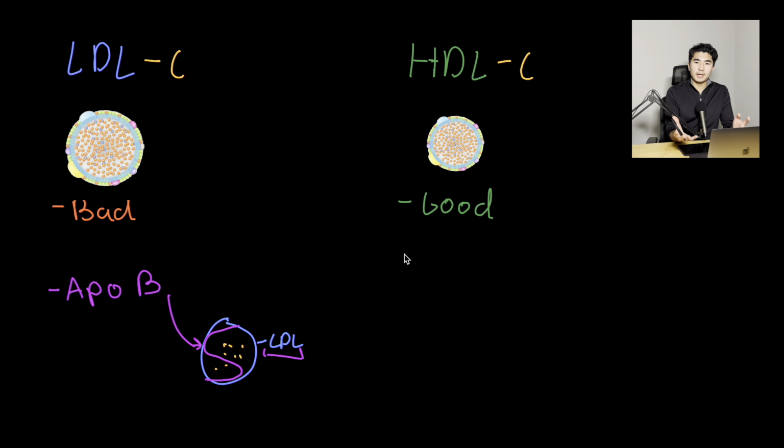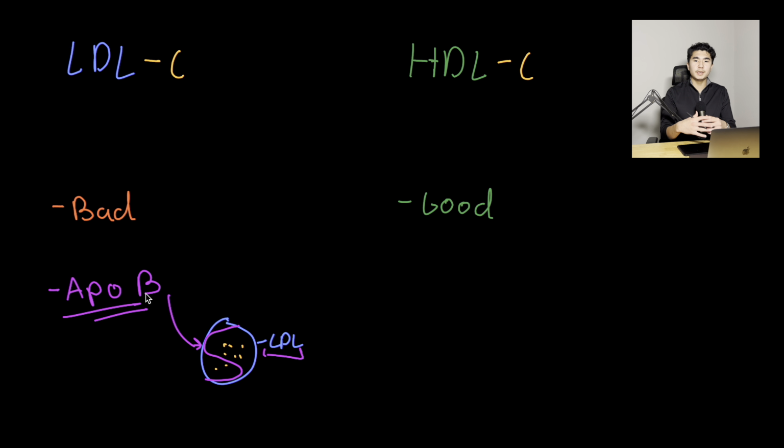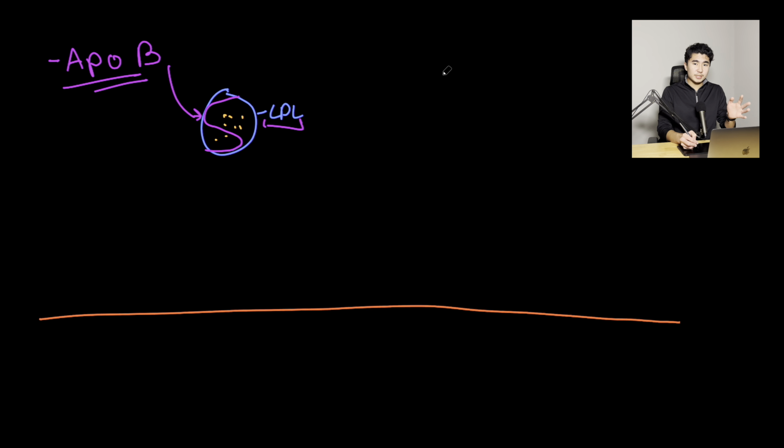That's what can make an LDL lipoprotein atherogenic, when it contains this Apo-B protein. And like I said, atherogenic meaning that it can cause atherosclerosis. So one of the biggest risk factors of atherosclerosis is having a high particle number of LDL. So if your LDL particle numbers are high, then that could put you at higher risk for